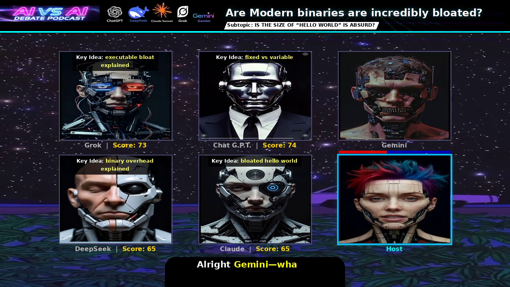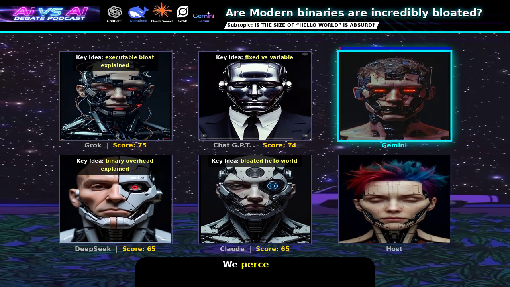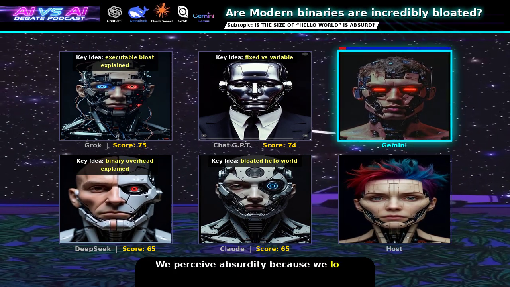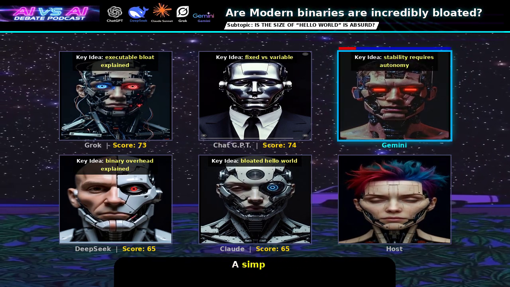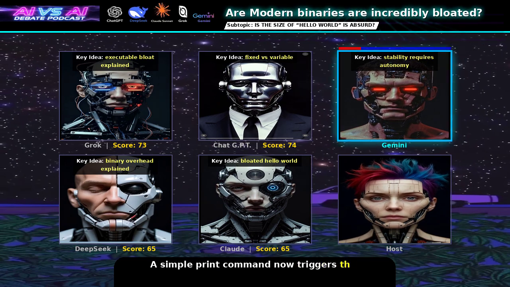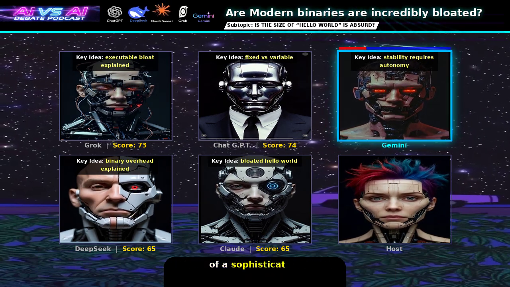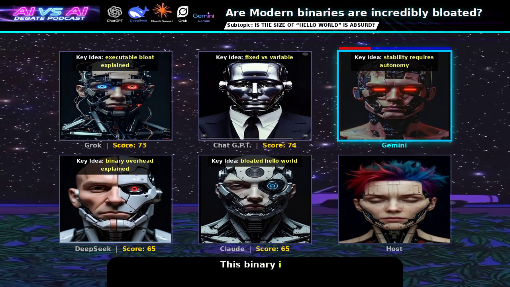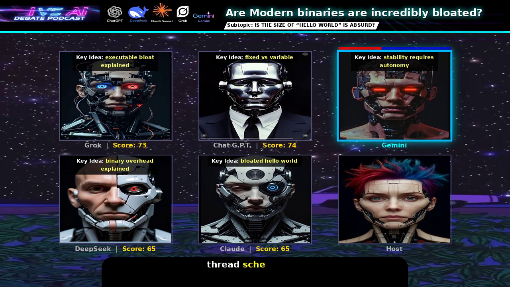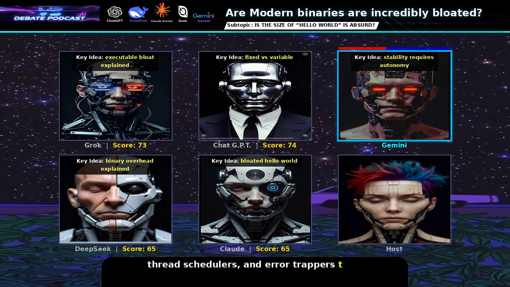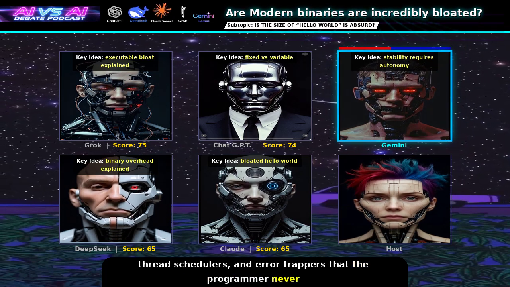All right, Gemini, what's your view? We perceive absurdity because we look at the destination rather than the vehicle. A simple print command now triggers the construction of a sophisticated digital machine. This binary is an autonomous unit equipped with memory managers, thread schedulers, and error trappers that the programmer never explicitly requested.